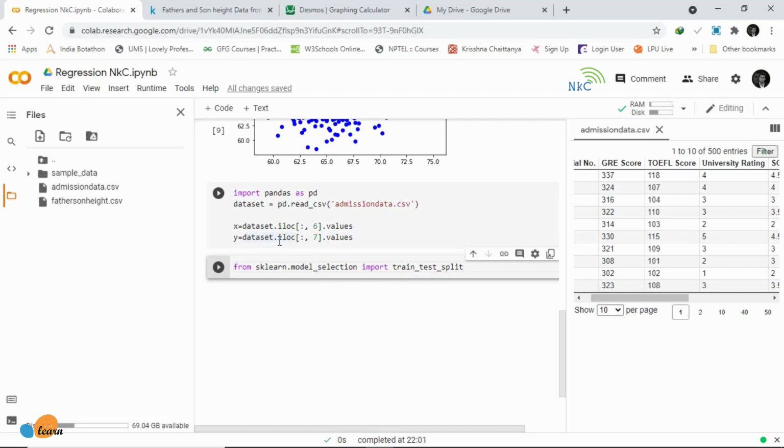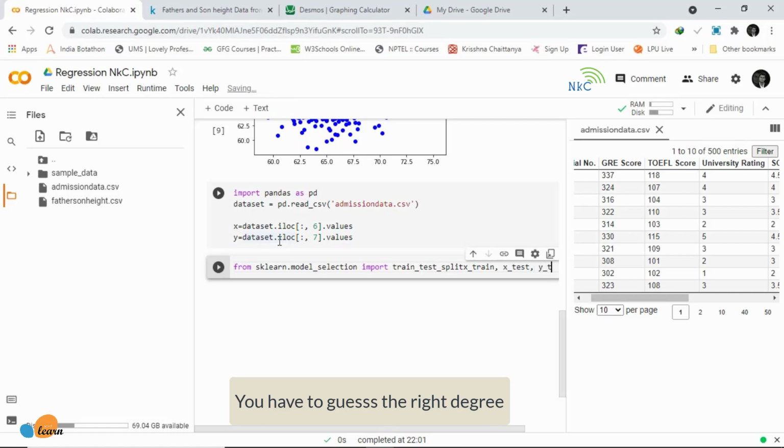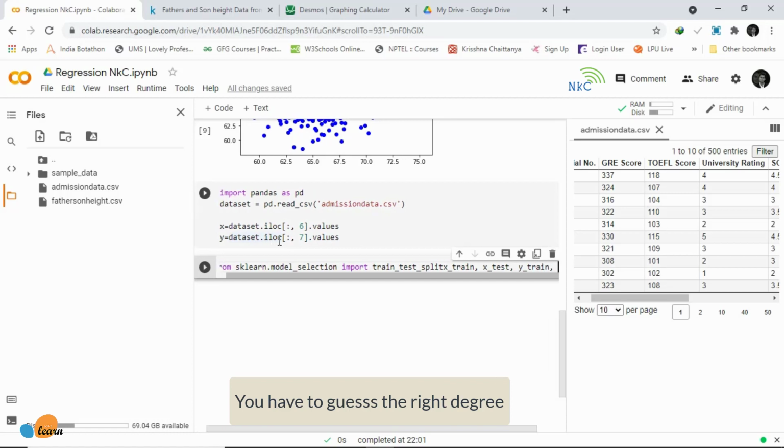Make sure that they are set equal to each other in this order. That's going to be equal to train_test_split, and we are going to say our X, our y, and test_size is going to be equal to 0.2, or 20% of the data.